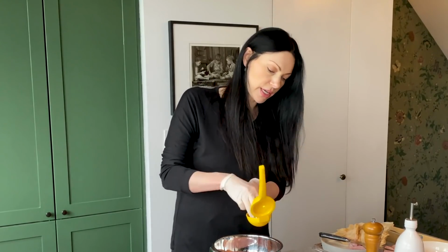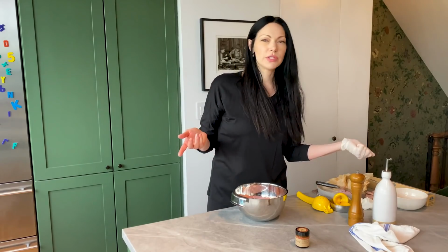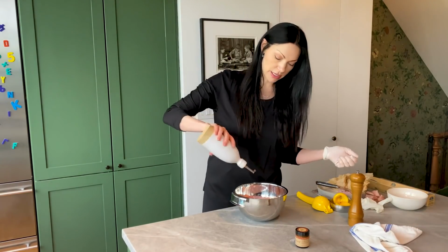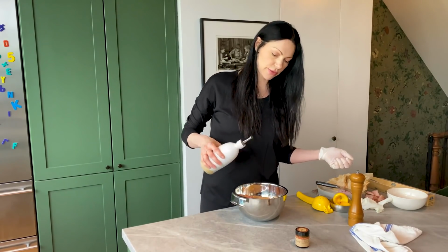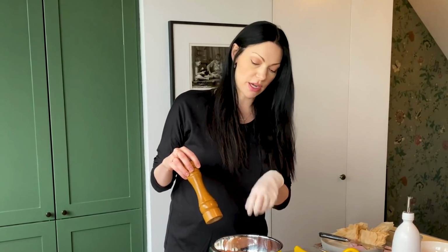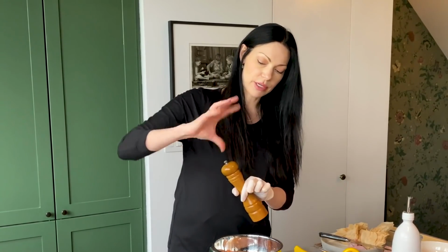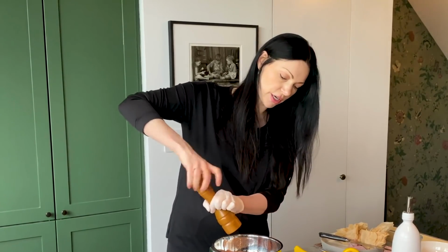So now let's put in, I usually eyeball it, but I think it's probably about 2 tablespoons of olive oil. Let's see. It's about 3 tablespoons of olive oil. And then pepper. I'm leaving this glove on because I'm going to massage the chicken, but I want to be able to turn this. So make sure that you know what you're touching here,